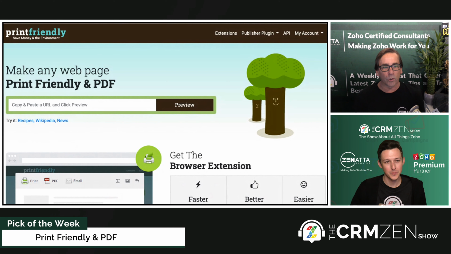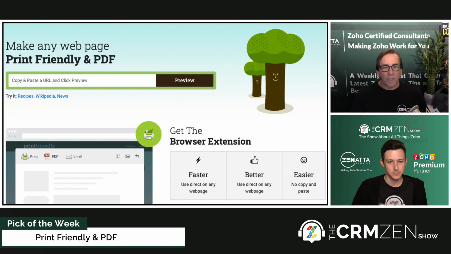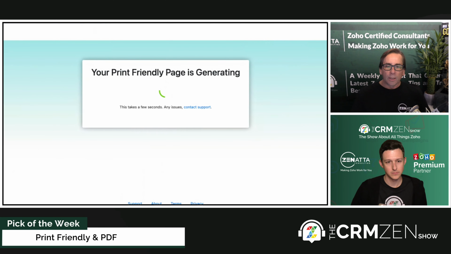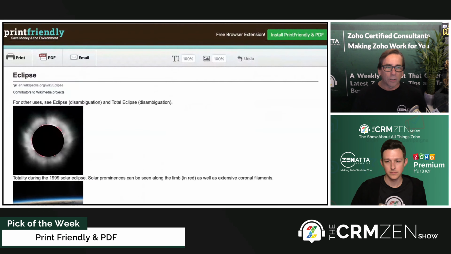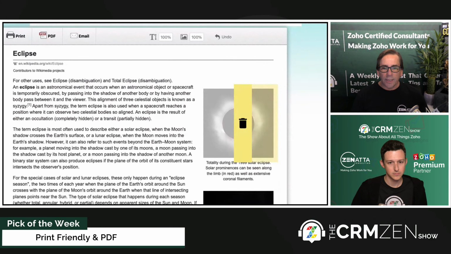This is crazy. So it's called Print Friendly. And you ever try to print a web page and it's just an absolute disaster? Like you go to print it, there's so many pages and it's just a mess. Well, what this allows you to do is first of all, it makes an attempt to clean up the web page to begin with. It removes ads, it does all that kind of stuff. But then it allows you to even clean it up more. So one of the examples here is Wikipedia. So it's looking at this Wikipedia article and it's going to bring it in. This one happens to be on the Eclipse, and you can see how neatly cleaned up it is.